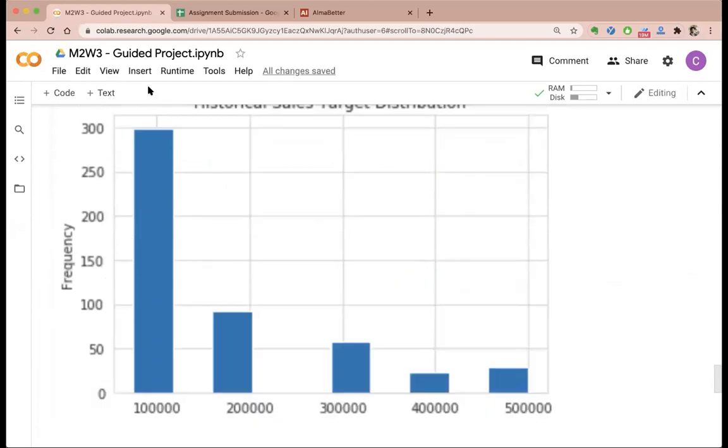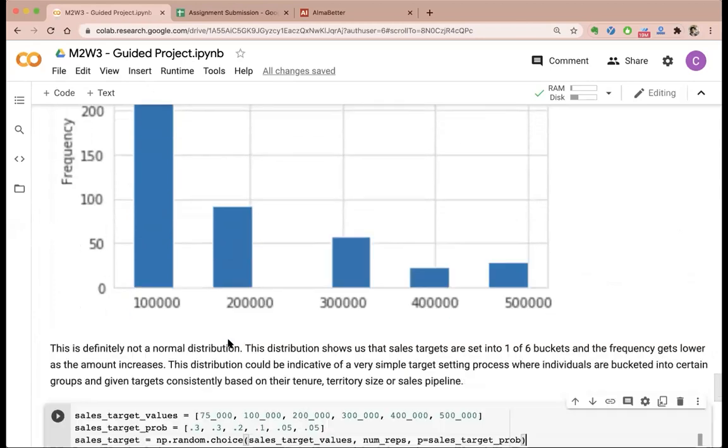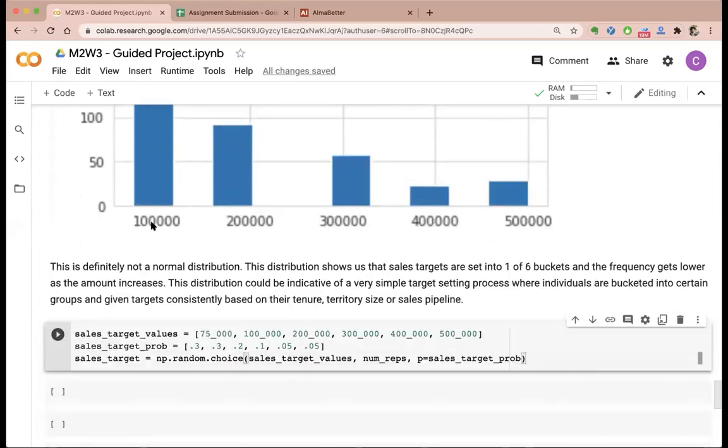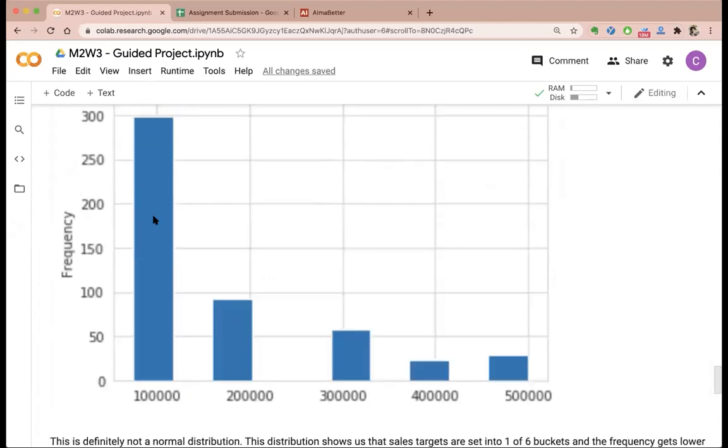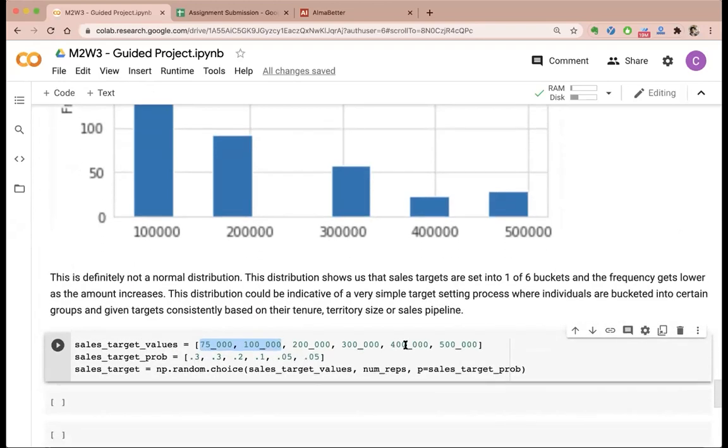Okay, so this is close to 60%, right? So this is close to 60%. So what I am doing is that I'm writing 75k and 100k as two different buckets, and setting their probabilities to 0.3 and 0.3. Okay, so that you know there's some bifurcation that I did in this 100 also. Okay, but the others I have tried to keep nearly as per the ratio. So these are the 5 buckets that you can see here. Okay, I have included one extra bucket and then assigned these probability values to each one of them.